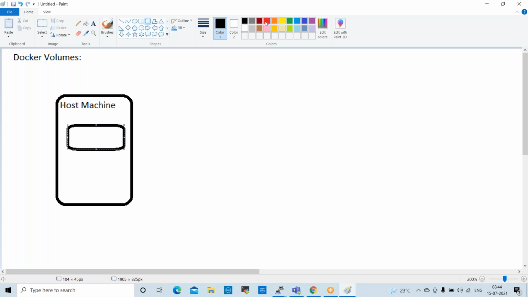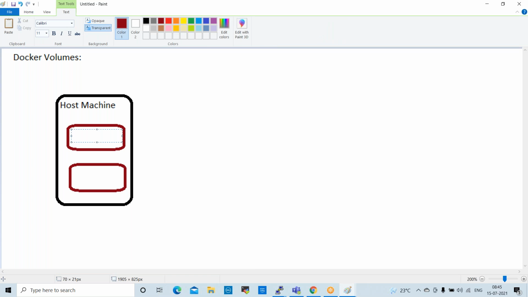Also, I have one file available. The folder name here is some name. Okay, folder A. File A, for example. One folder, one file is available on my host machine.